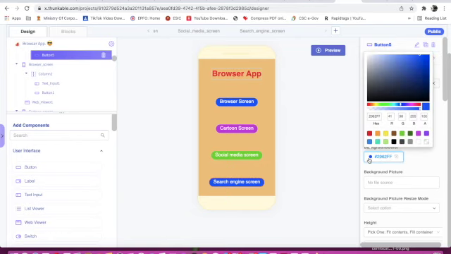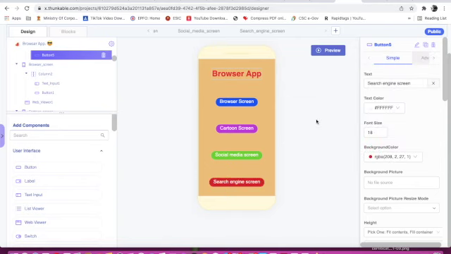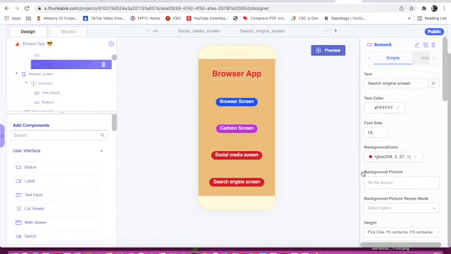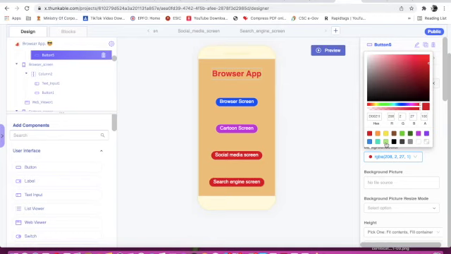We'll change the background color. Now, okay, I will change it to red.